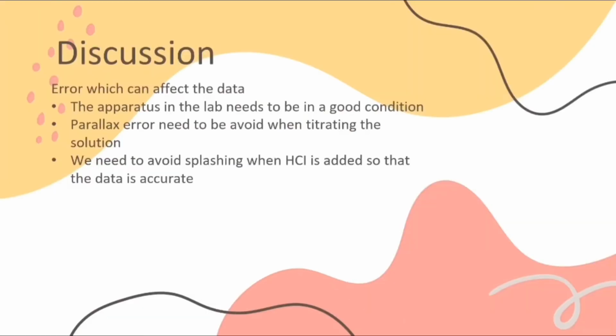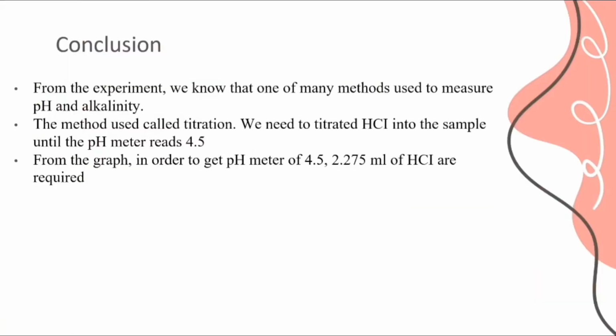For discussion, these are the list of errors which can affect the data. In conclusion, in order to get a pH of 4.5, 2.275 ml of HCl